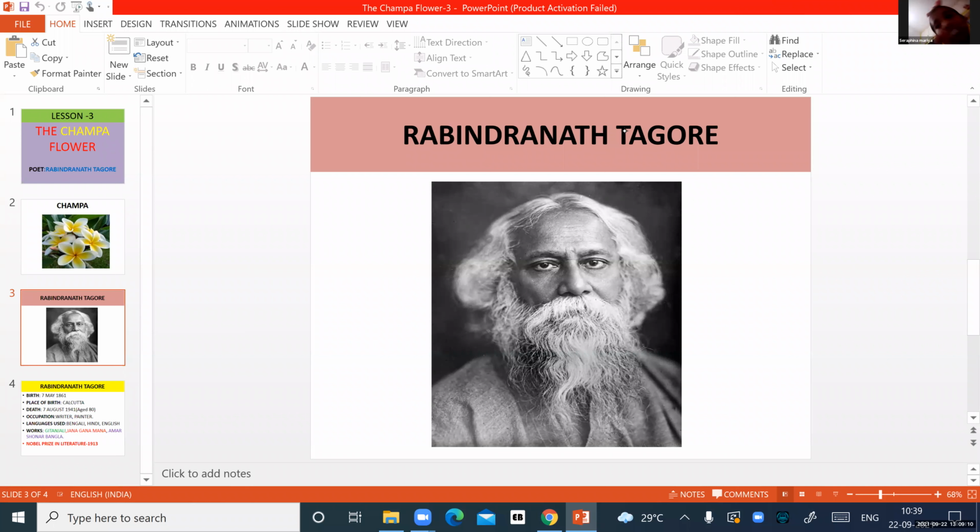The poet of this beautiful poem, The Champa Flower, is the very famous, well-known poet and writer, Rabindranath Tagore.